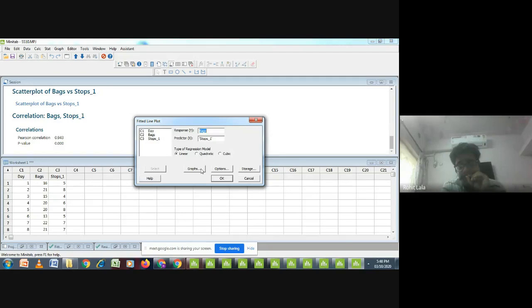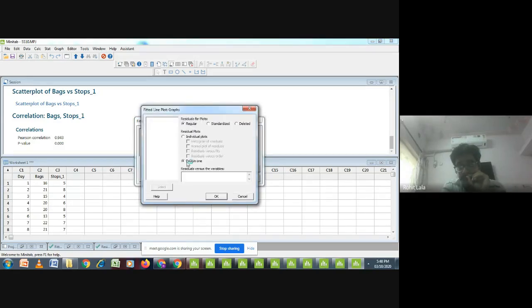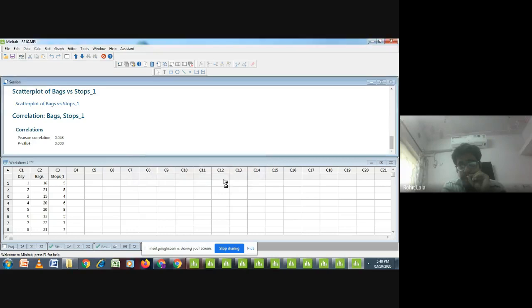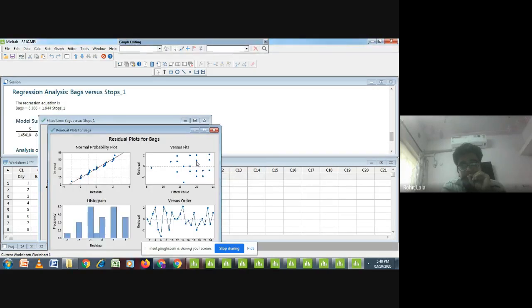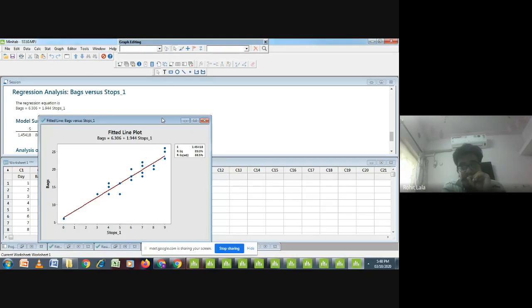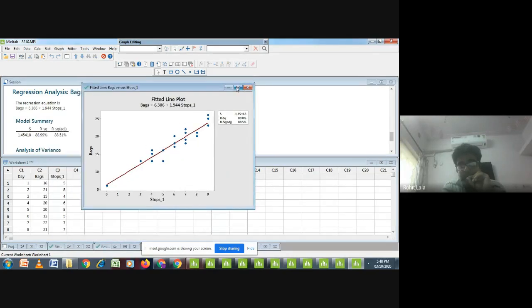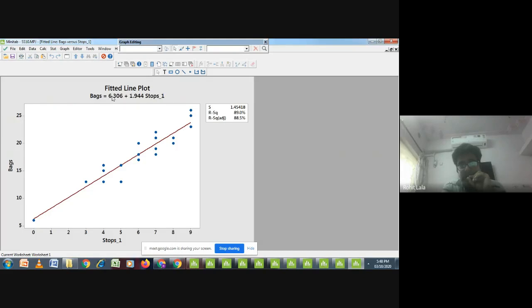So when you go to it, just click on graph. The 4 in 1 graph would show everything. You can even just click on regular plot and click OK. It would run a regression for you. Not only regression, but first of all it would show the regression line. We had learned y is equal to a plus bx. The same thing, it is just setting a regression line. Here your a comes 6.30, and a plus bx is here somewhere.